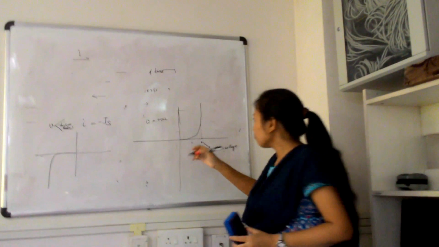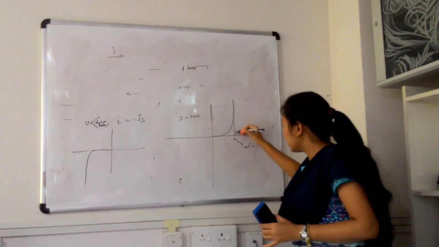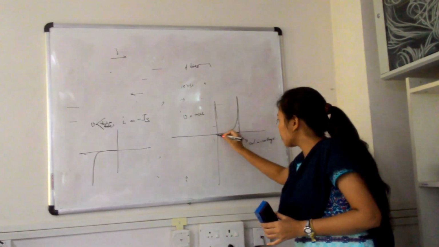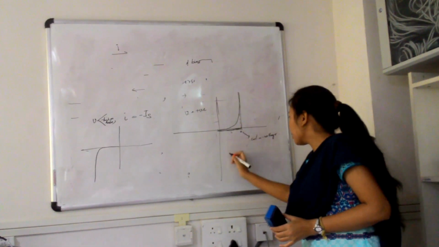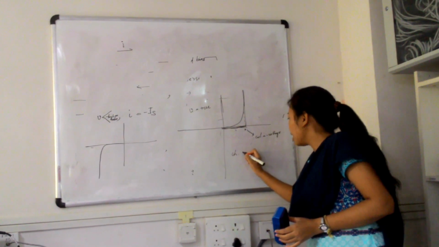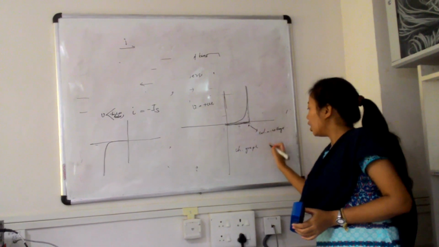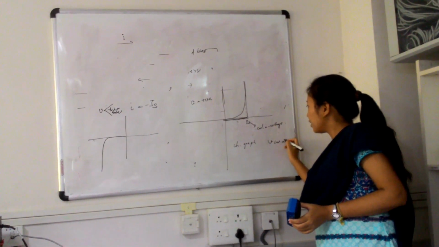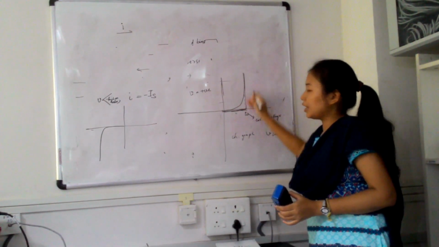So now when we approximate, we find that this is almost equal to the characteristics of an ideal diode. So we can just say that the characteristics graph of an ideal diode is shifted to your V cut-in. That is, the characteristics of an ideal diode is shifted to V cut-in.